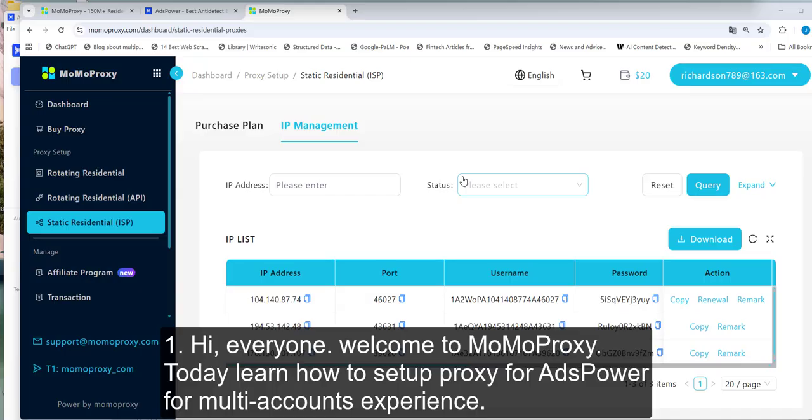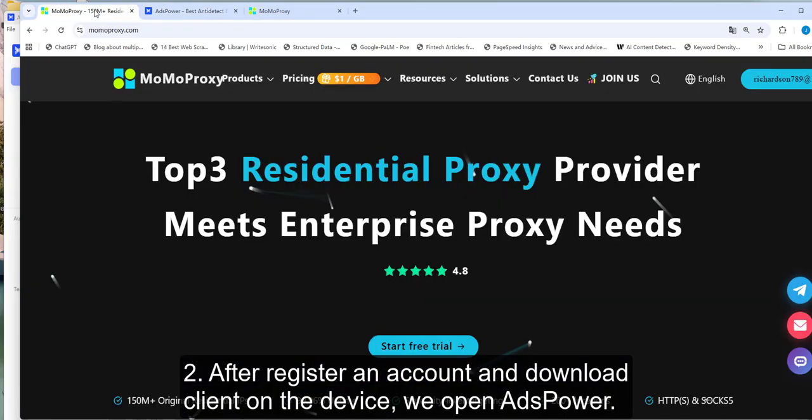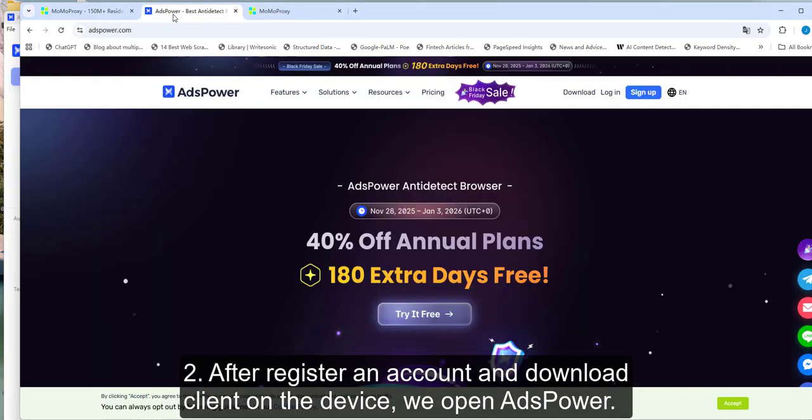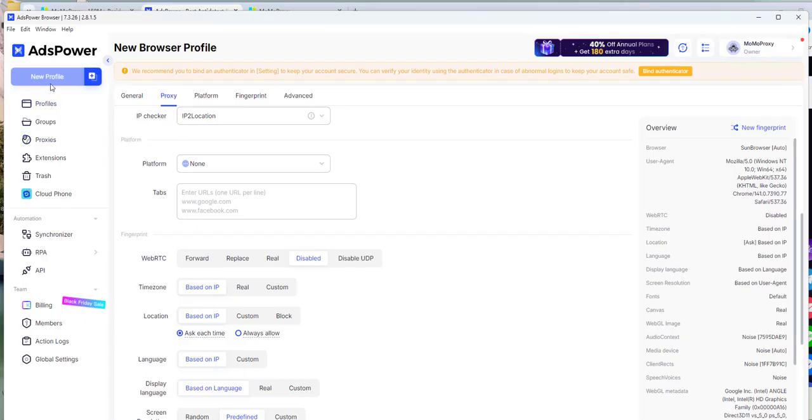Today we will learn how to set up proxy for AdsPower for multi-account experience. After registering an account and downloading the client on the device, we open AdsPower. Here, now let's